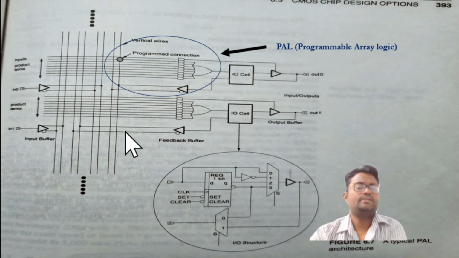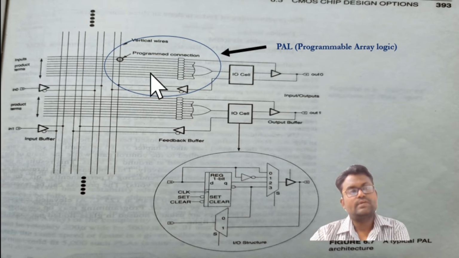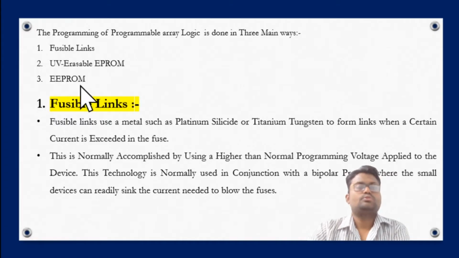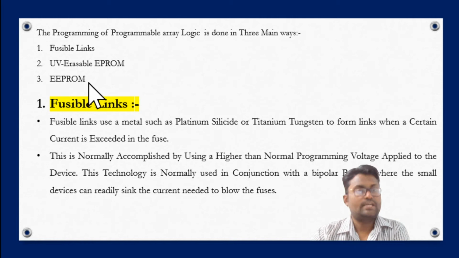Okay, so here we can see that the word lines and bit lines, the horizontal and vertical lines, are connected, and when these lines are connected, it makes a memory cell. So in this lecture we will discuss the different strategies through which we can connect this vertical line and horizontal line to store certain data to make a memory cell. These are the three types which can be used to make any programmable array logic, or we can say to make any memory cell.